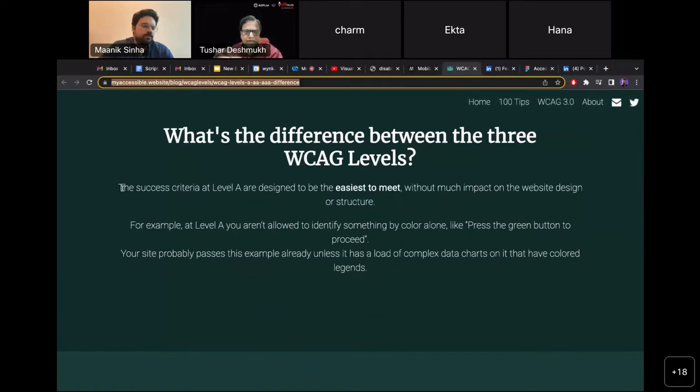So let's talk about what the difference between these three WCAG levels is. The success criteria at level A is designed to be the easiest to meet, without much impact on the website design or structure, right? For example, at level A, you aren't allowed to identify something by color alone. Press the green button to proceed. So very basic guidelines around it, that maybe on the color part you can clear